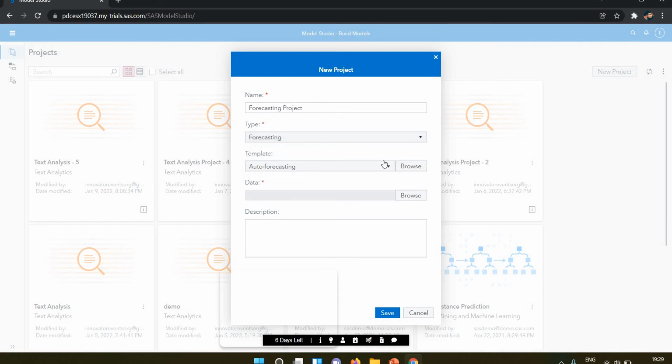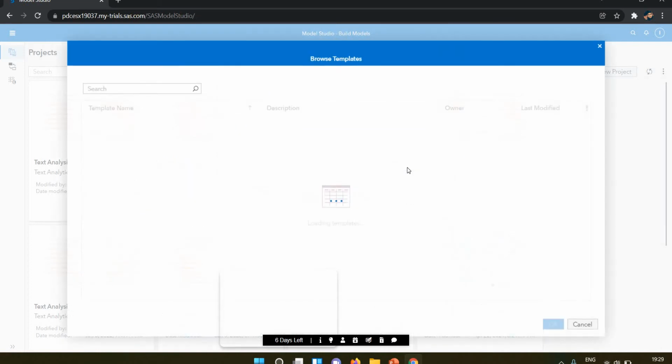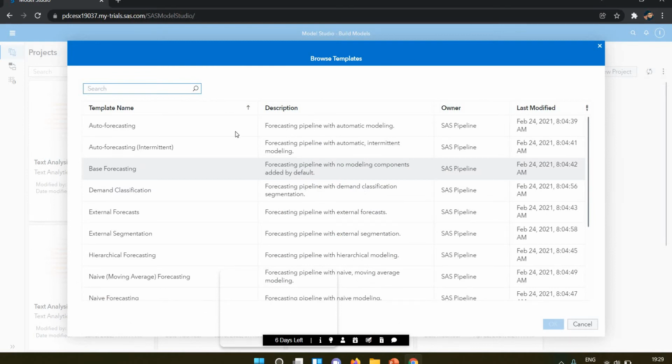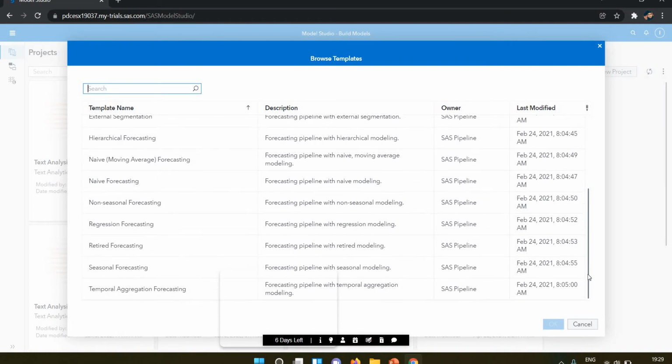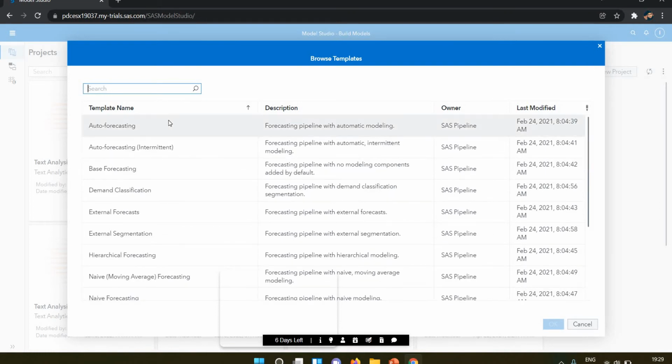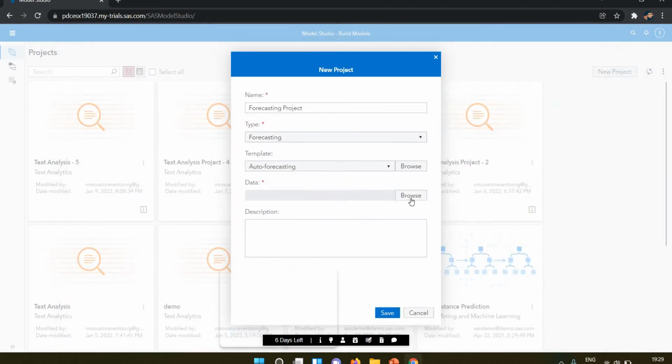I selected forecasting. So we have many templates for forecasting: auto forecasting, intermediate, base forecasting, demand forecasting, external. So we have many forecasting templates here. I'm selecting the first one, auto forecasting, by default. Okay, so I created this.